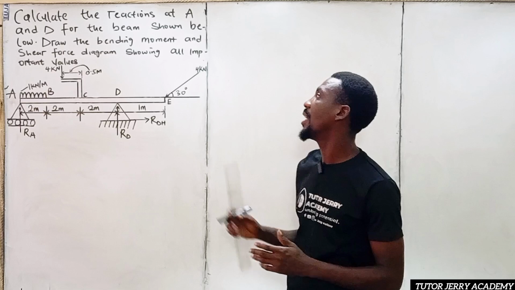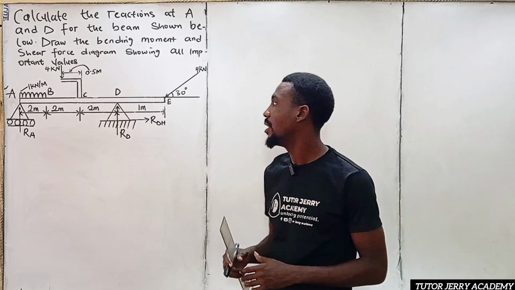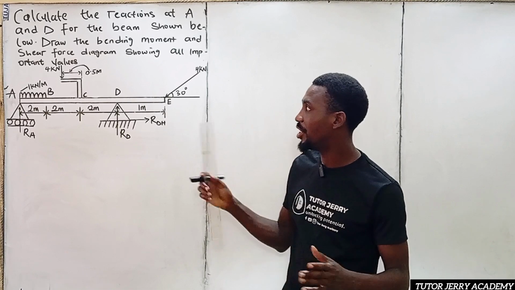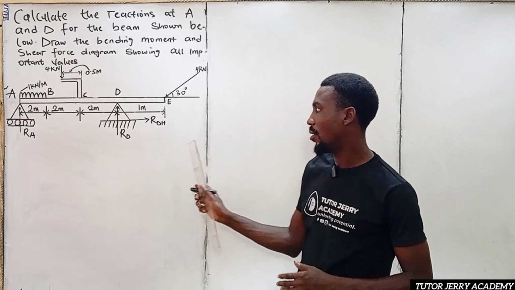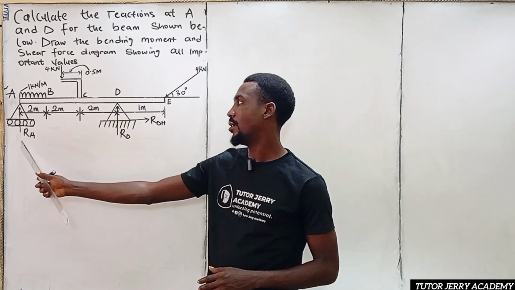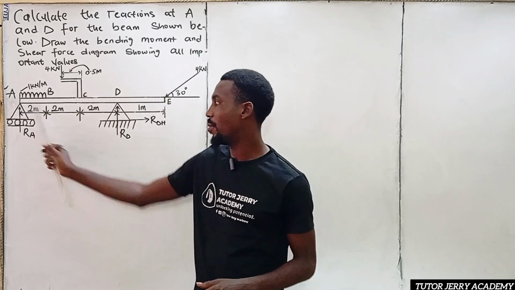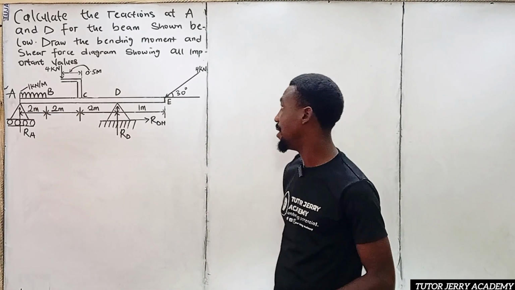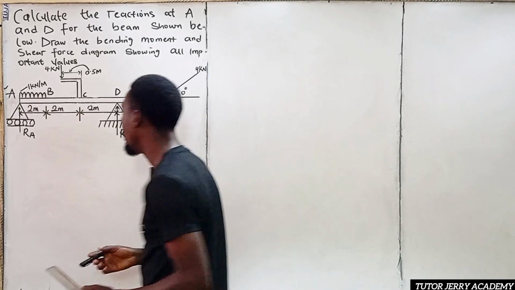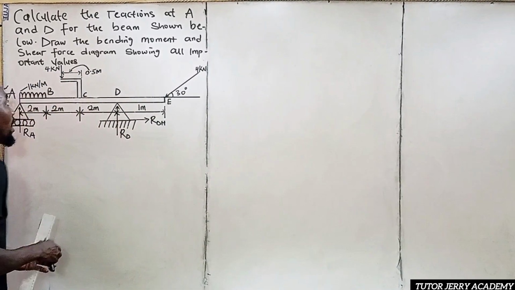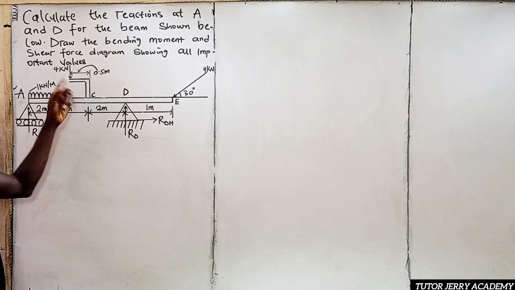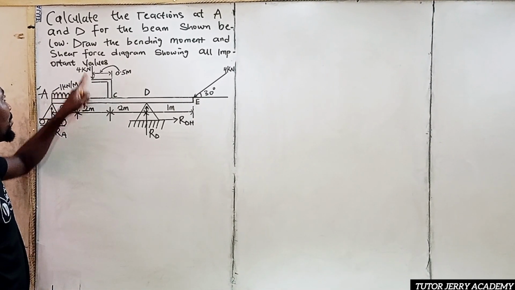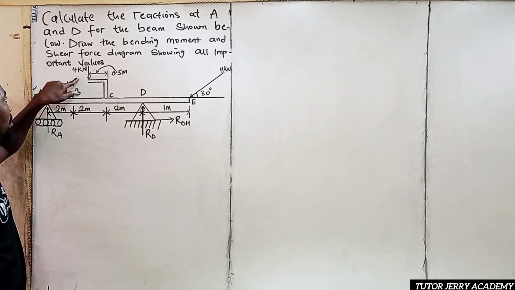We'll be solving the question above. We are to calculate the reactions at A and D, and draw the bending moment and shear force diagram, of which I've already replaced this support with reaction at A and this support with reaction at D. The first thing we'll do: if you look at this beam, there is something like a pipe here, at a distance of 0.5, and then we have a downward force acting here, which is 4